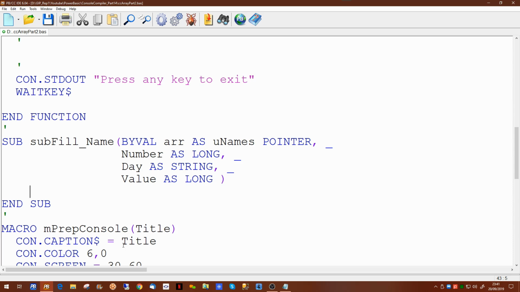Now, since we're passing the ARR variable as a pointer to the unames, we can use the pointer syntax to say we're looking at the pointer ARR, and since we know that the element we want to change we're passing in a number field, we put that in square brackets, and then the element of the part of the user-defined type we're trying to change,